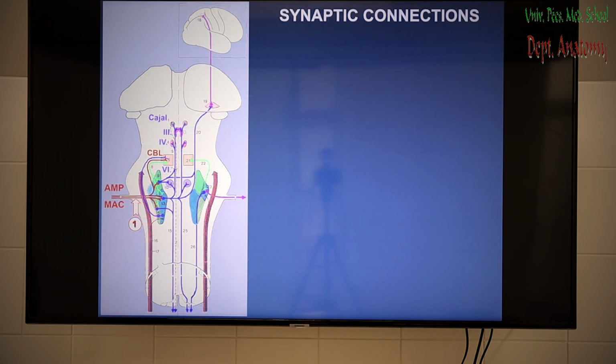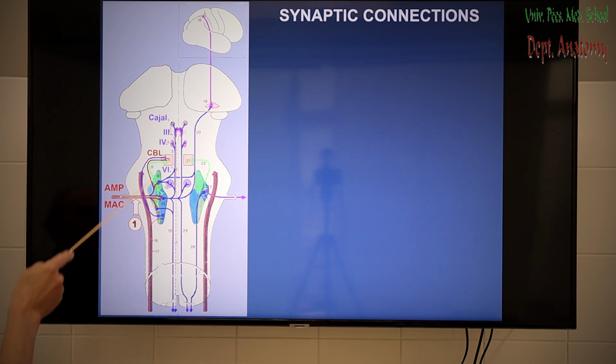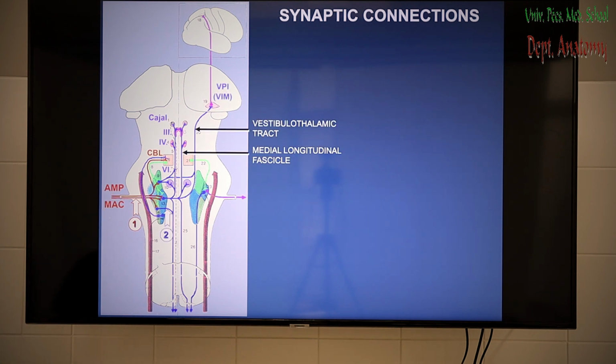Synaptic connections are to be discussed. So these are the specific nuclei involved, and the same nuclei are illustrated here, the 4 vestibular nuclei, eye-moving nuclei, and the interstitial nucleus of Cajal. And the first order neuron, 2 origins, either macular or ampullary origin they may have. They use different vestibular nuclei, as discussed before, according to vestibulotopy. The second order neurons sitting in these primary vestibular nuclei, axon of them, either through medial longitudinal fascicle go up,